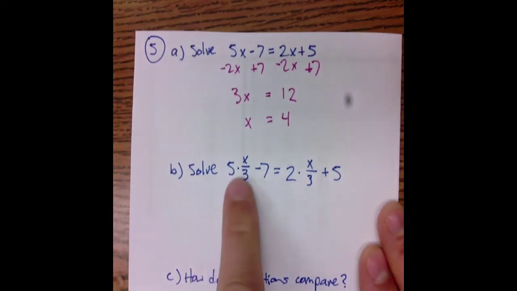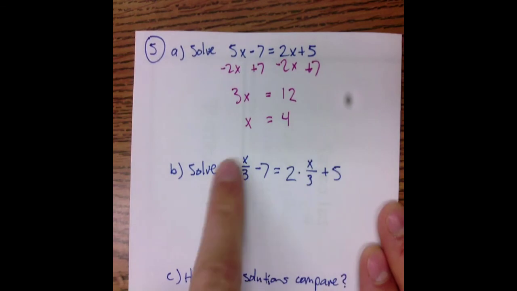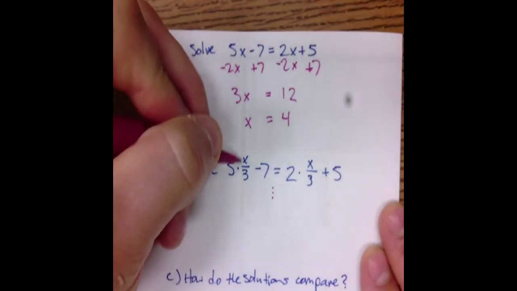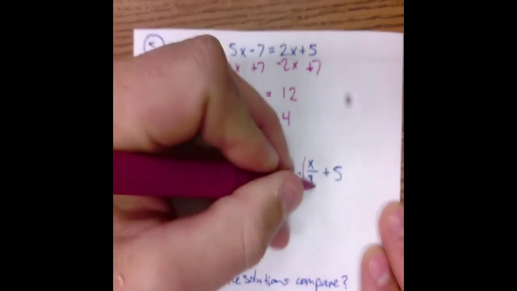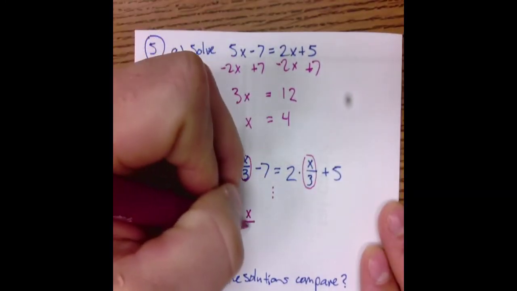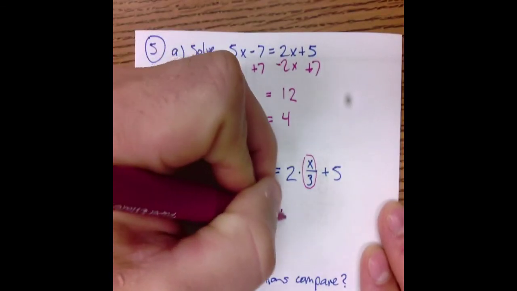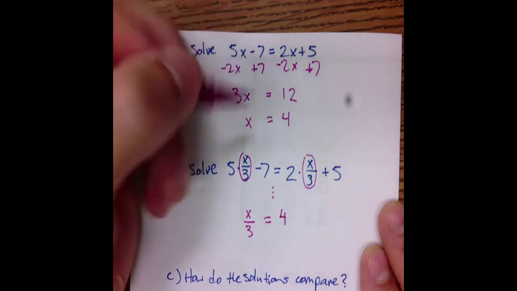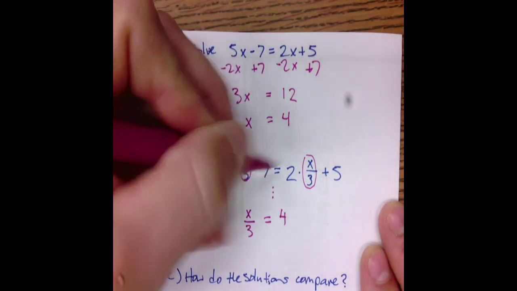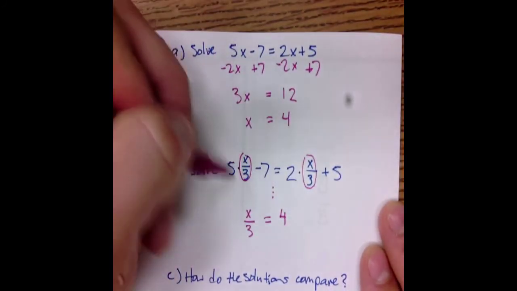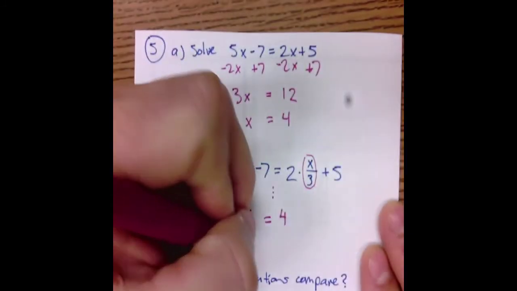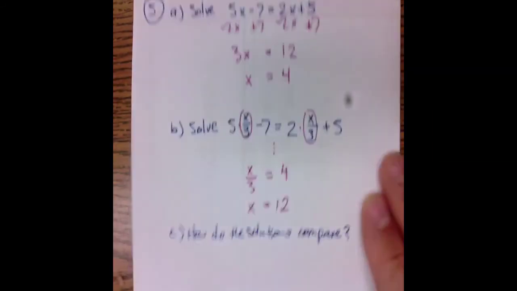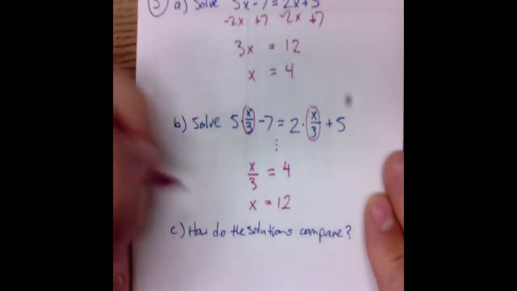Now, here's the crazy thing. I don't need to go re-solve this whole thing because all the work I just did is exactly identical. It's just x has been replaced with x over 3. So we can just skip to the end and we know x over 3 is what's equal to 4. Right? Because otherwise my steps would be exactly the same, right? Subtracting 2 of these from there and then adding 7 over there. And that's going to give me x equals 12. Now, how do the solutions compare? Oh, well,